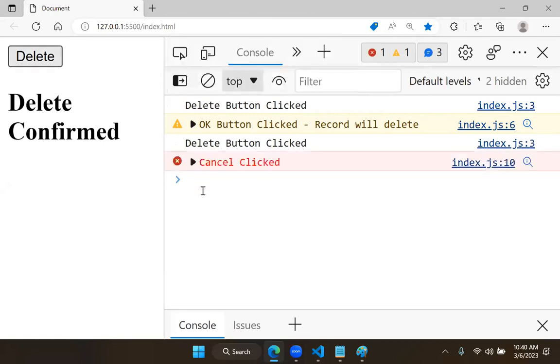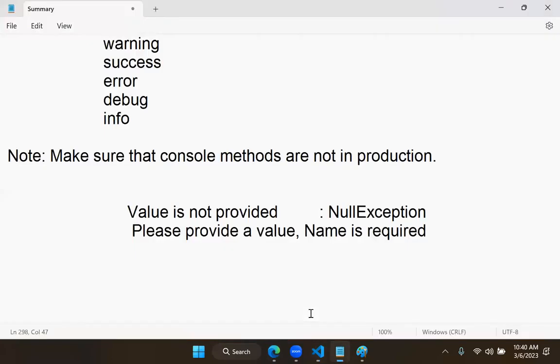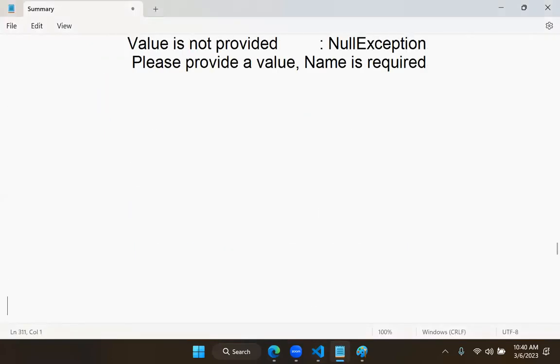Warning styles and error styles are not required for general people. They don't even understand. This is all required for developers. So developers need this output method to just console and understand what is the problem, what is the issue. Right? For that, we use all these console methods. So actually we write like this. That means syntactically we define it like this: console.log, console.debug, console.info, console.error,